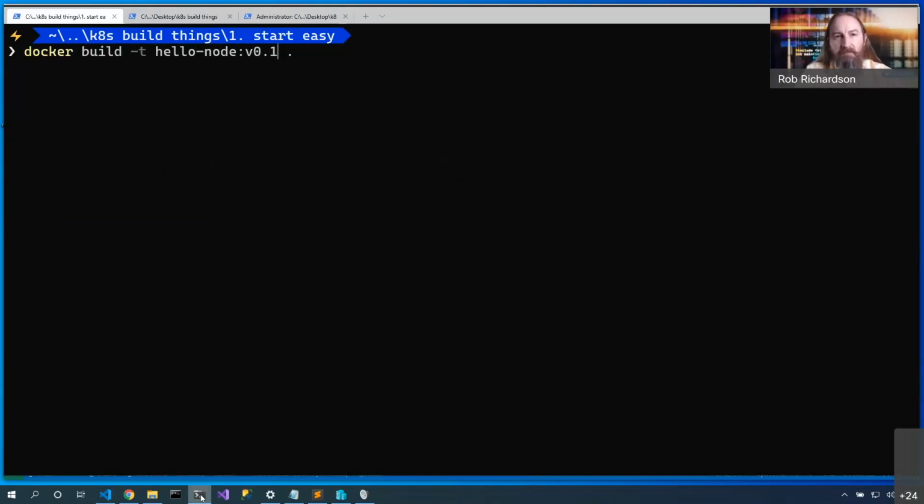Once I've got that built, now I need to run it. Docker run hello node v0.1. Do I need the dot? No, I don't. I do need a -p. Oh wait, that doesn't go here. It goes over here. We're spending a lot of time thinking through the process of building and running a container.